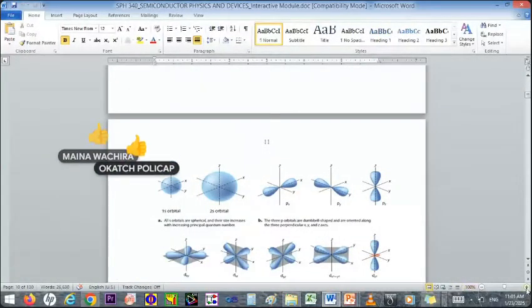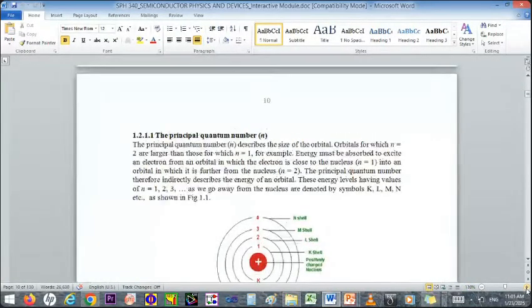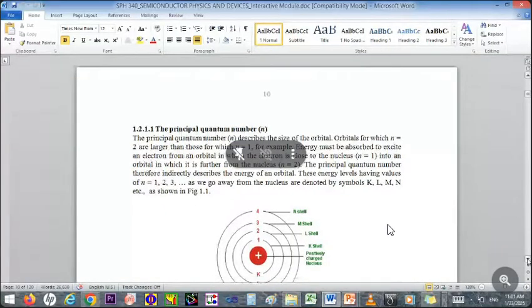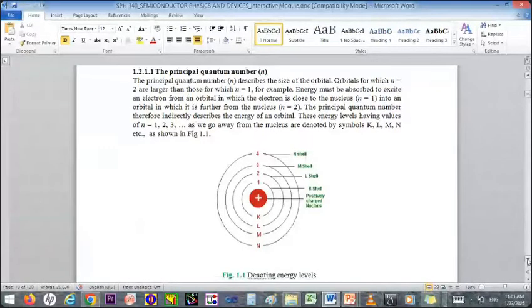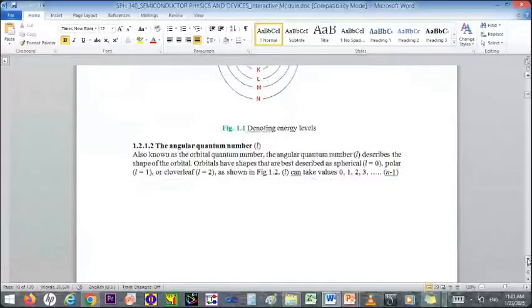If you can see this diagram, we used it yesterday, giving us the principal quantum numbers 1, 2, 3, 4, also named as K, L, M, N, and we